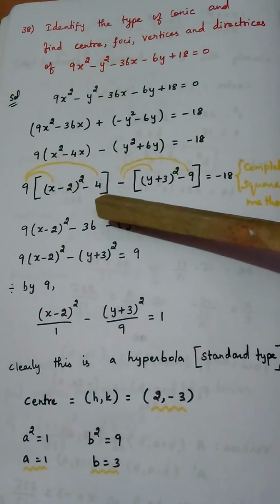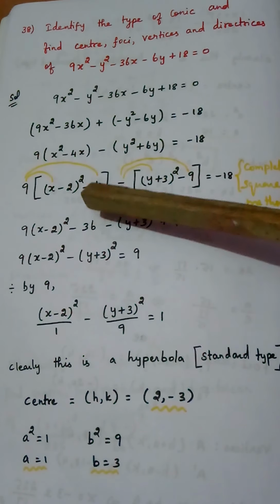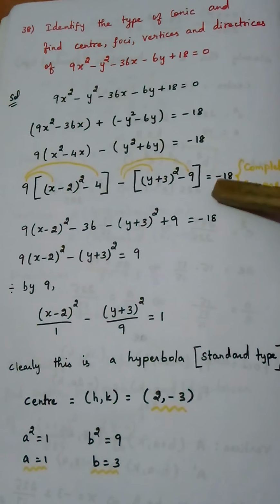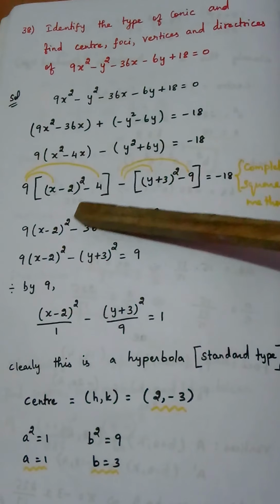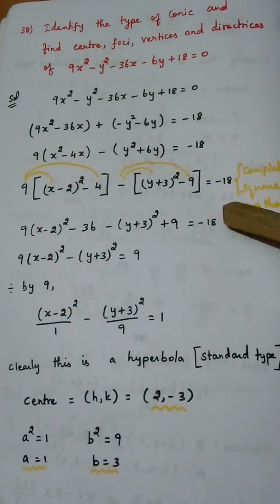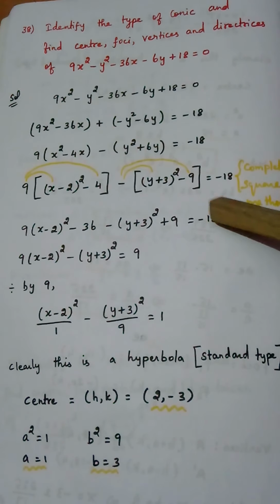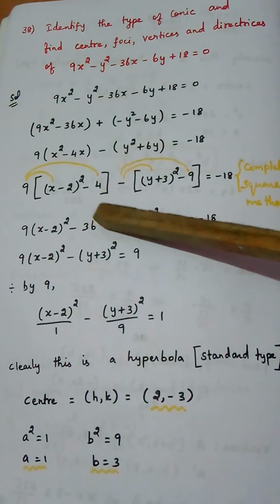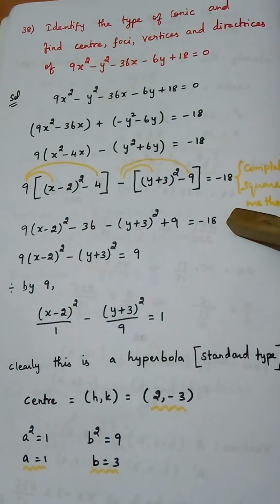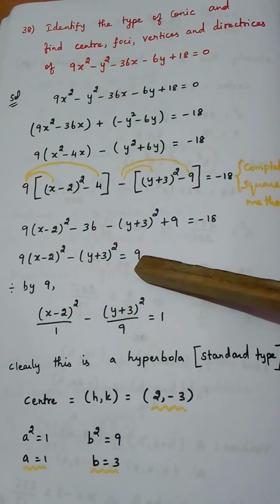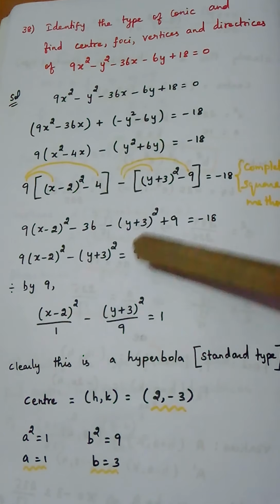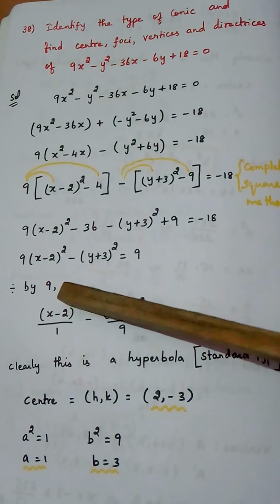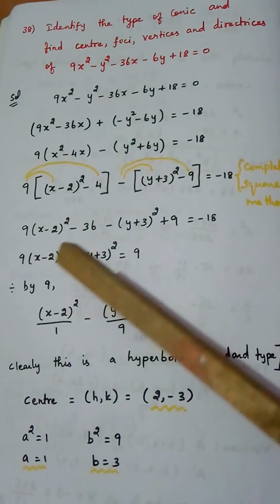Now in the next step I should take the two numbers to the right hand side, that is minus 36 and plus 9. Minus 36 when it comes here becomes plus 36. Plus 36 minus 18 is 18. Again minus 9. 18 minus 9 is 9. So simplify minus 36 plus 9, bring it to the other side and simplify with this. You will get 9. Now since 9 is present here, I am going to divide this entire equation by 9. So what happens?